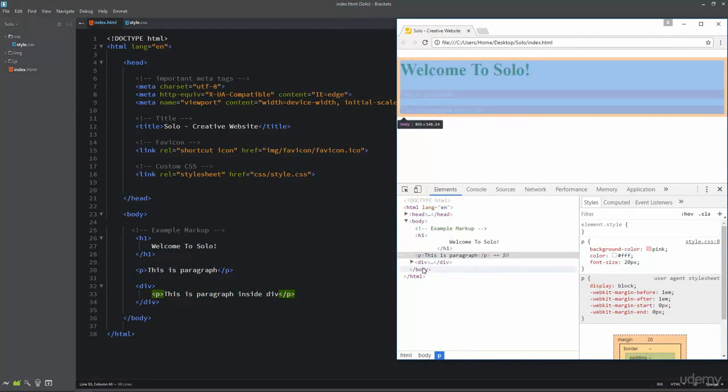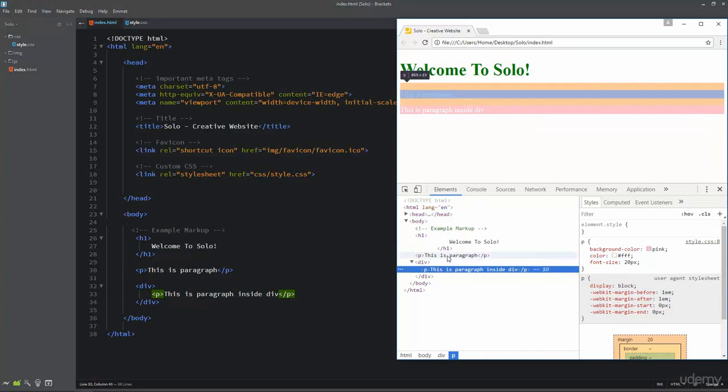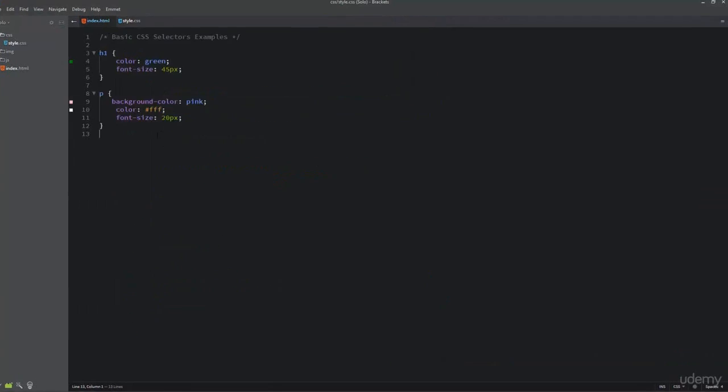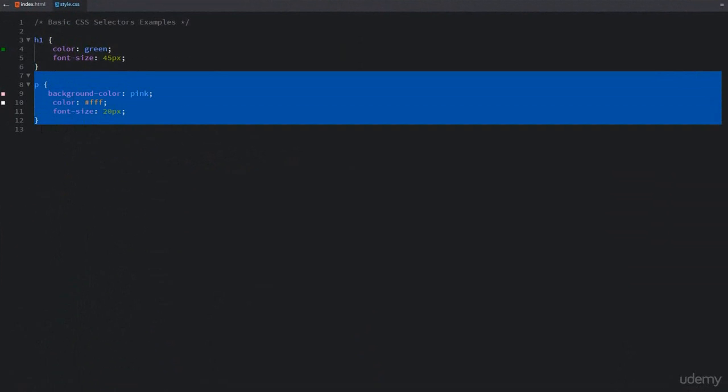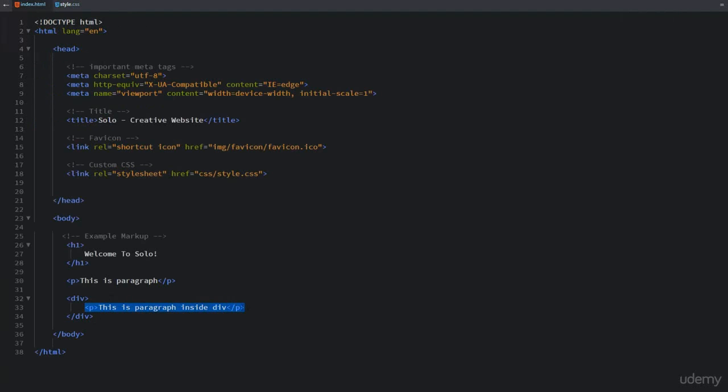Actually, this paragraph is inside the div element, and this paragraph has the same style as we have for the first paragraph because we have applied some CSS to the p element inside the style.css. Now I want to target this p element which is inside this div element.